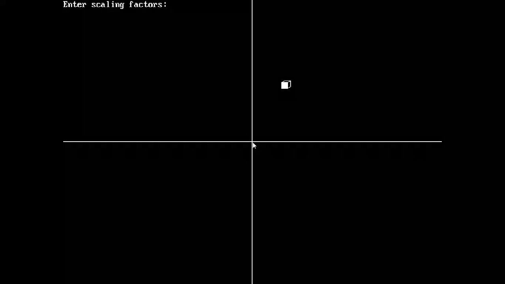I have given a scaling factor of 2 along all three coordinates: 2 for x, 2 for y, and 2 for z. After scaling, the object is greater than the original object. You can see it here. Try this program at home so you will understand it better.